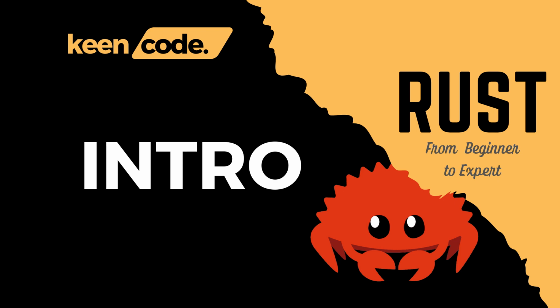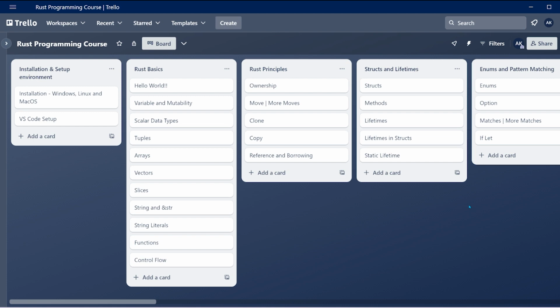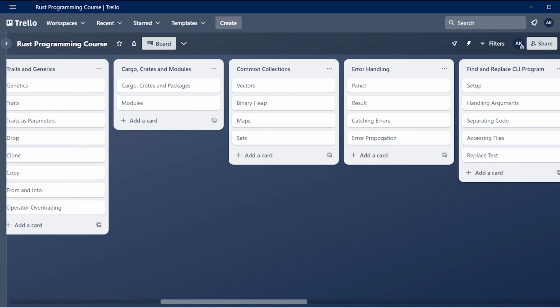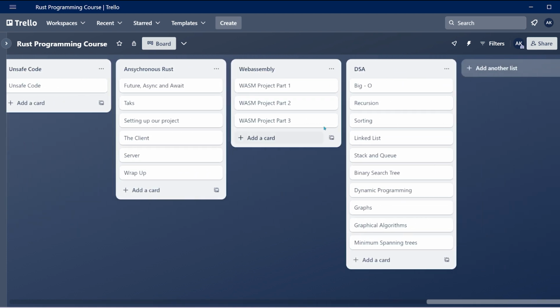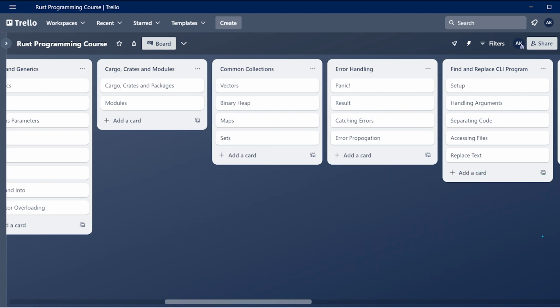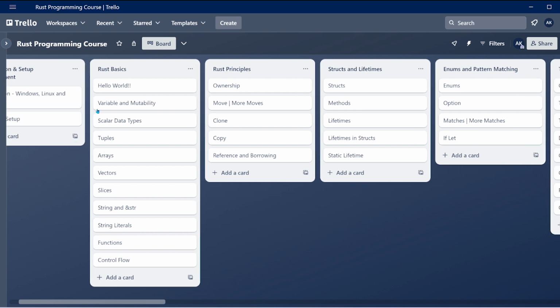Let us briefly go over the course curriculum. This course is quite comprehensive, not just in terms of hours, but also in terms of topics we cover. This is the bird's eye view of the curriculum. The whole course is divided into 18 sections that include one dedicated section on DSA. We will start with the introductory material like installation and setting up your Rust environment in section 1, section 2 and section 3 where we will see the basics and Rust principles.